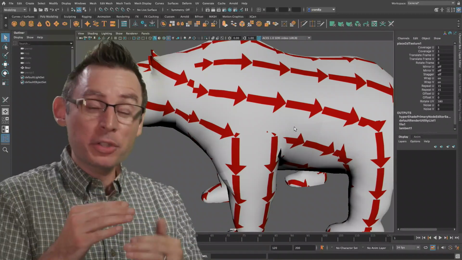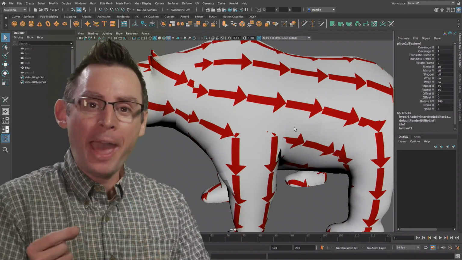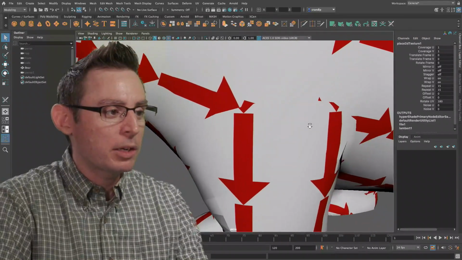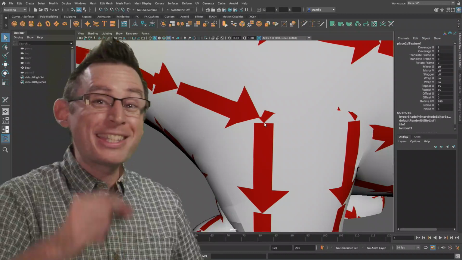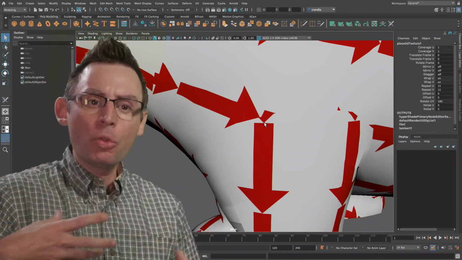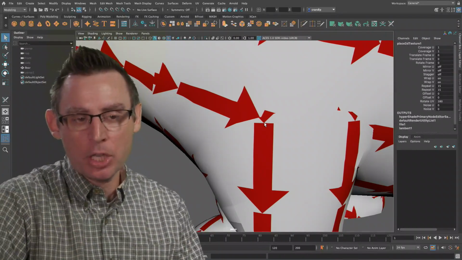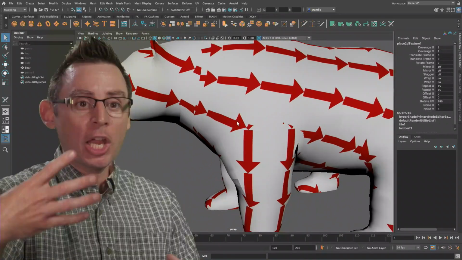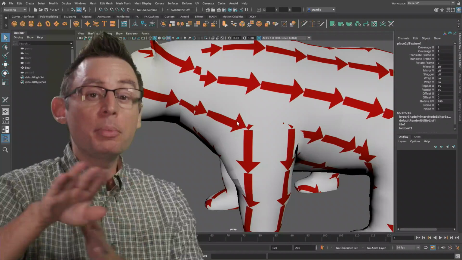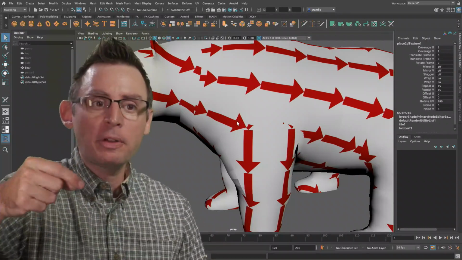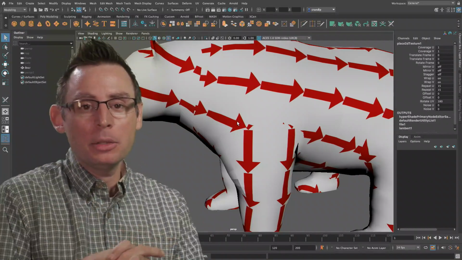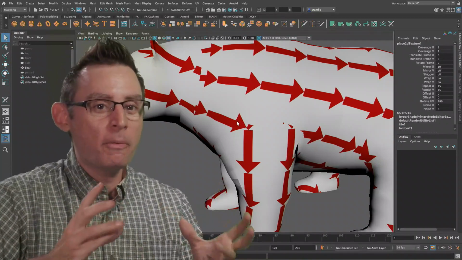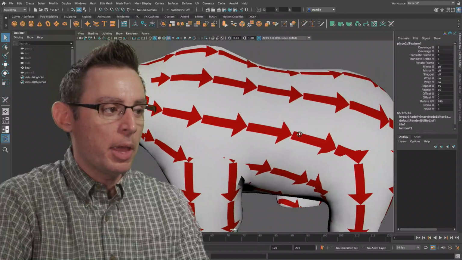In addition, we can also very easily see the impact of all of our UV seams on the model itself. You can see right here, here's a great illustration of where the seam is and the role that seam is going to play inside of our texturing workflow. So gotta keep in mind, this is the time to make a change if we want to make a change. This is a point of no return. Once we export this file, any changes that we make to the UVs are going to result in us retexturing the entire model. So we want to be confident in our result before we go any further.